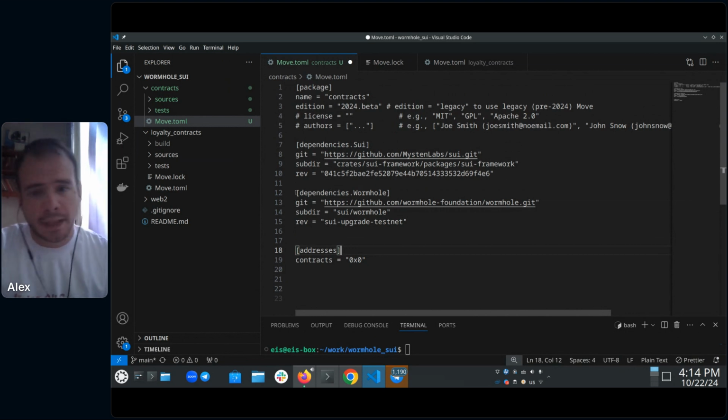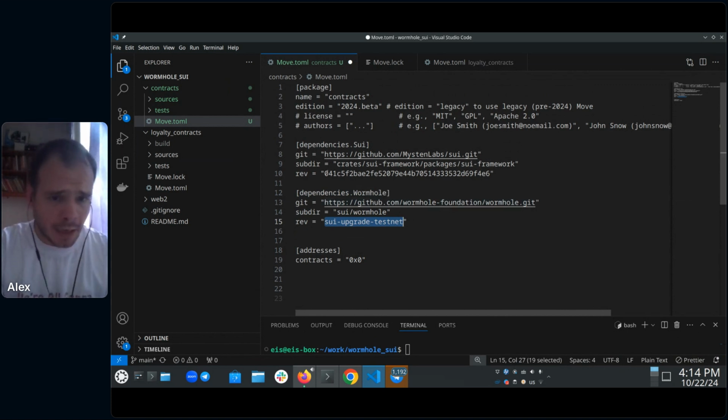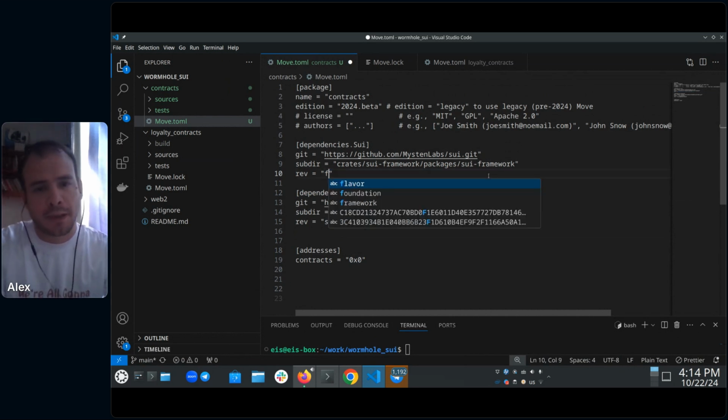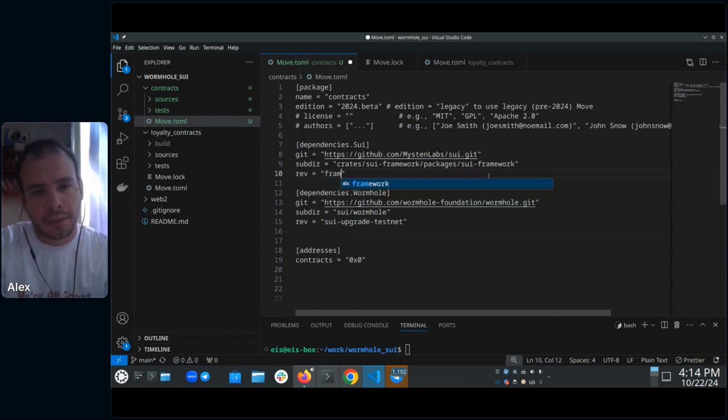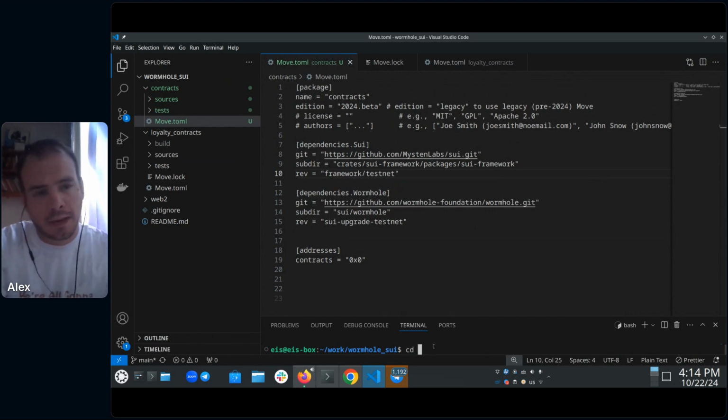And you need to add the dependencies, that wormhole. And the revision here will be the actual branch. As I said, it's Sui upgrade testnet in order for everything to work with testnet. Now over here, usually for Sui by default, it will be something like framework testnet, which is the indicated. But if you try to do that,